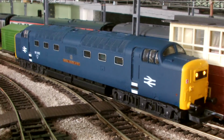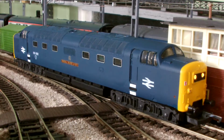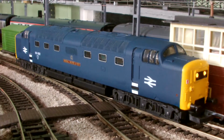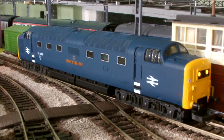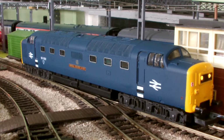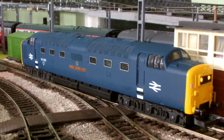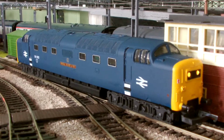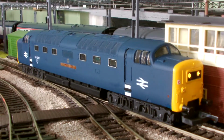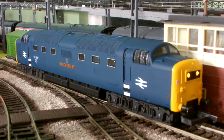The Deltic on display here is number 55022 Royal Scots Grey, which actually started life as number D9000. And I think I'm right in saying that would have made it the first Deltic to be put into service. The Deltic which was on display at the National Railway Museum was